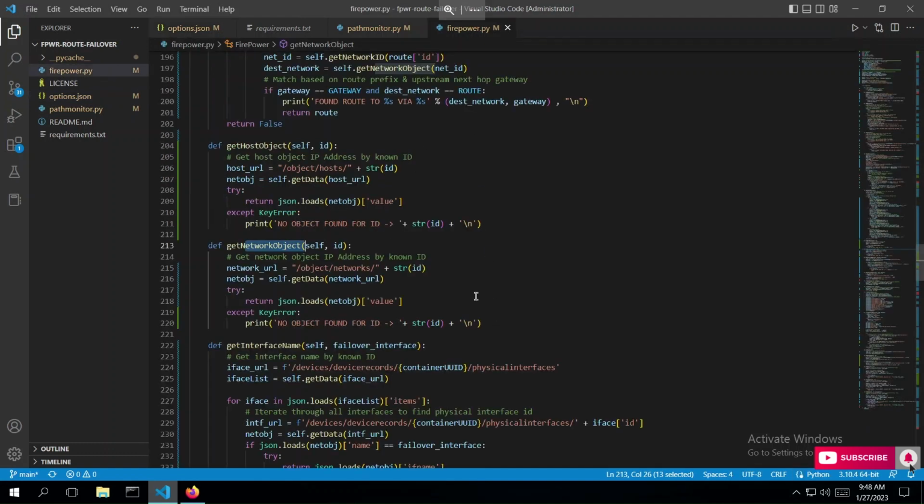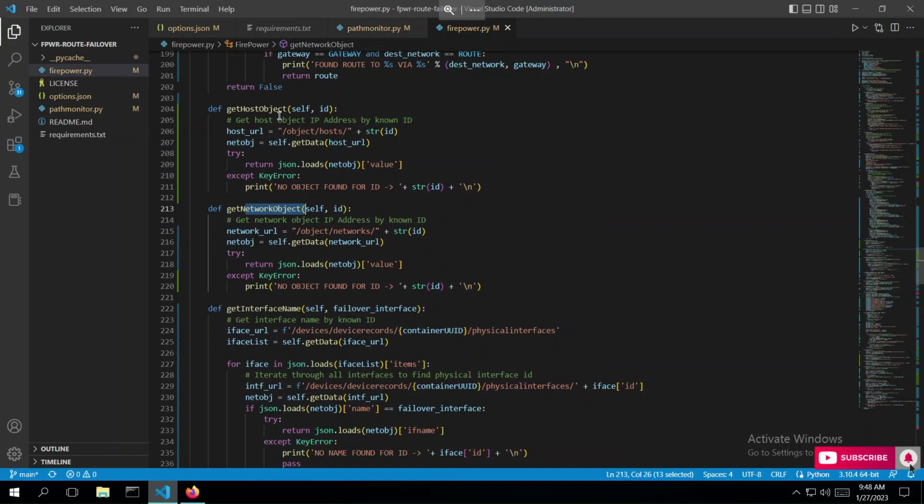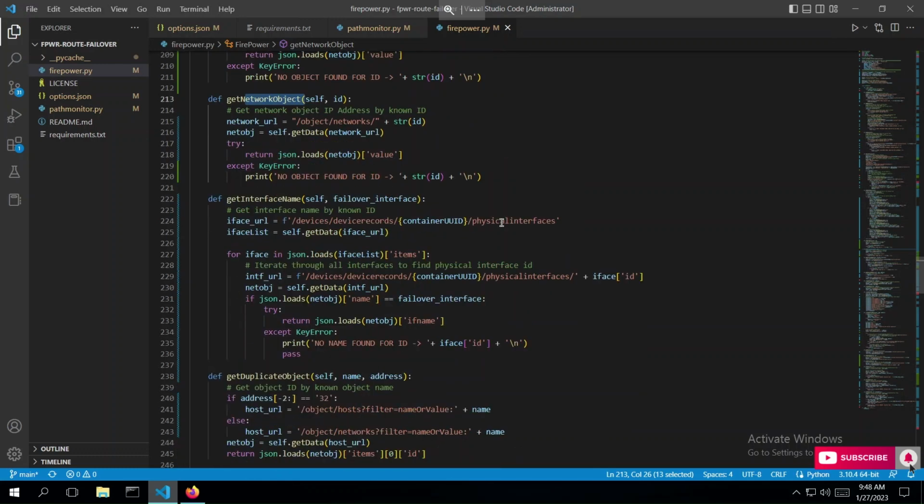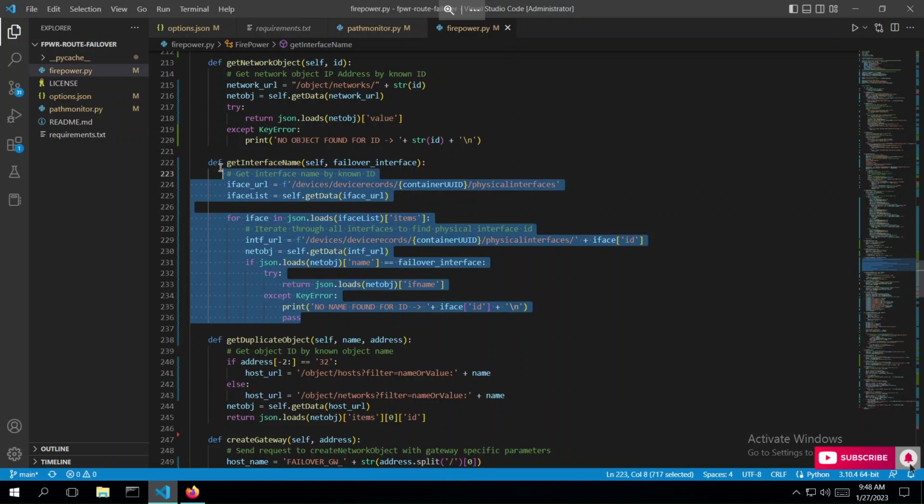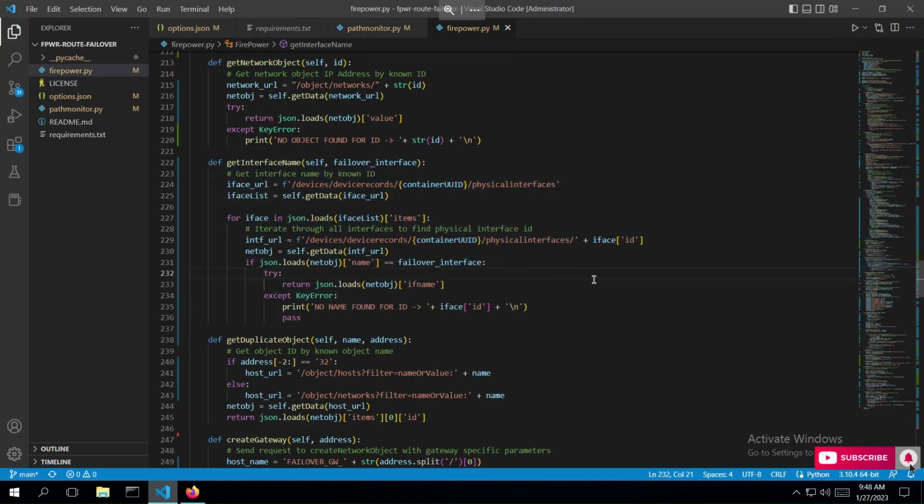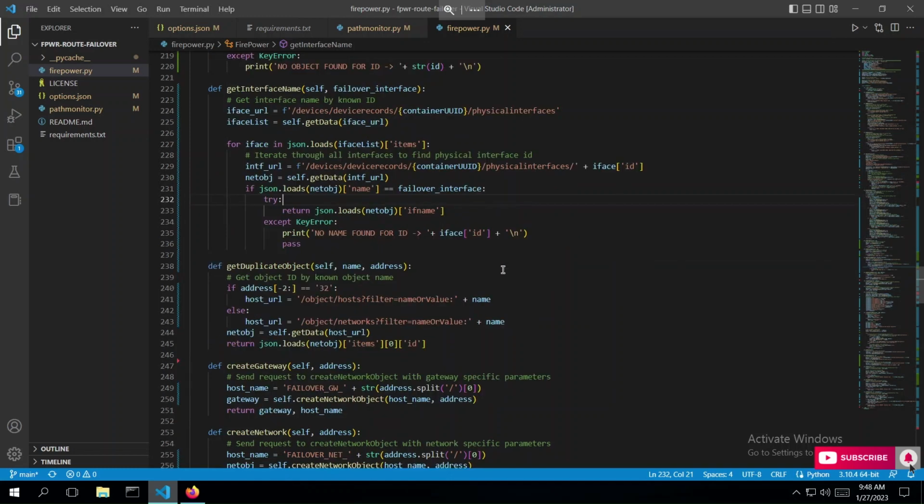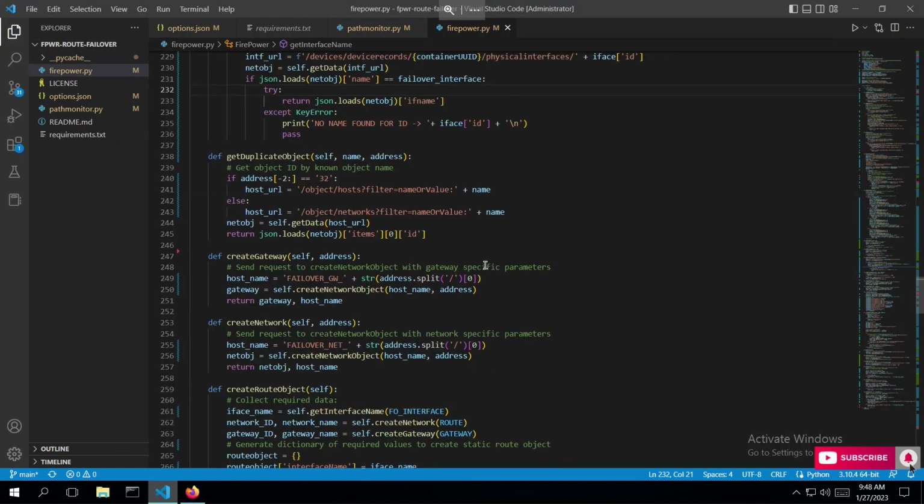And it's very important because FMC will not understand and will not distinguish those concepts. So these functions will get host and network objects correspondingly based on the script options, which you will populate before executing it. So the get interface name function, as the name implies, will fetch the interface information, the name, the description, everything, but all we have to do is fetch a name